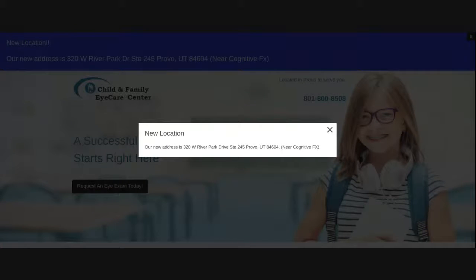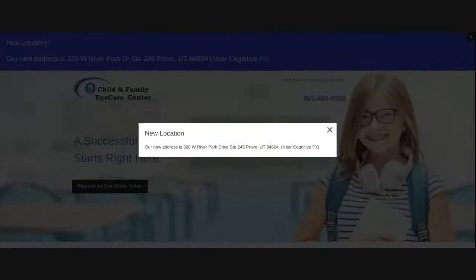The first thing I noticed is it's just a bunch of text. These days, it's so easy to build a pop-up. Anybody could build a pop-up and put it on a website. There's no excuse to not have some beautiful photos of your new location. So that's my very first tip for you: let's change up this pop-up a little bit, give it a photo of your new location, and make that address clickable so that anybody who clicks on it can get directions